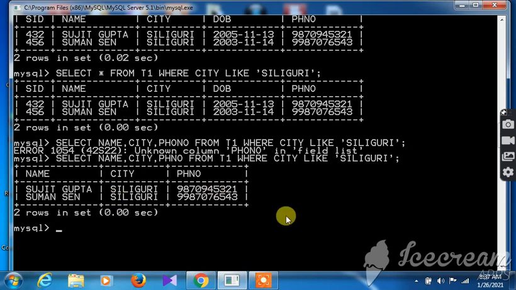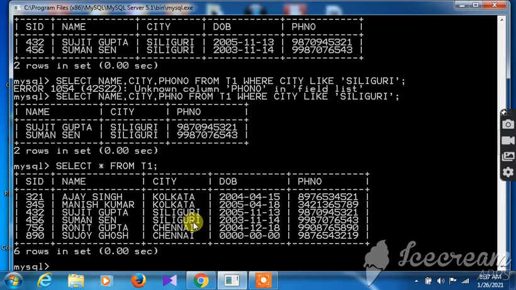All right. Now I am coming to a very important keyword, that is called distinct. Distinct will remove all the duplicate values. Say for example, I am going back to the previous commands. See here, all are from Kolkata, Siliguri, Chennai, but here are 2 data for Kolkata, 2 data for Siliguri, 2 data for Chennai. Now say I am giving out here select distinct city